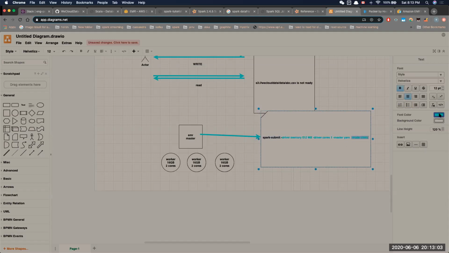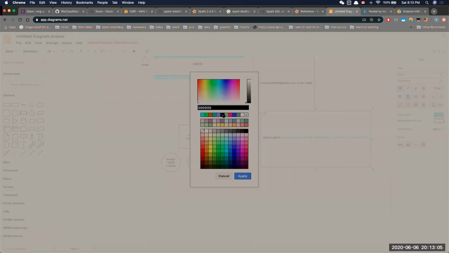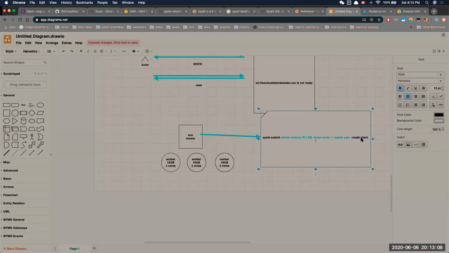I'm going to change the color back to the original color, and I'm going to say executor cores equal to, for example, 4, and executor memory equal to, let's say, 14 GB, and there are some other parameters as well. But let's just say that